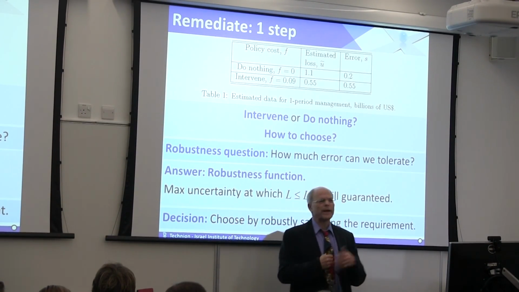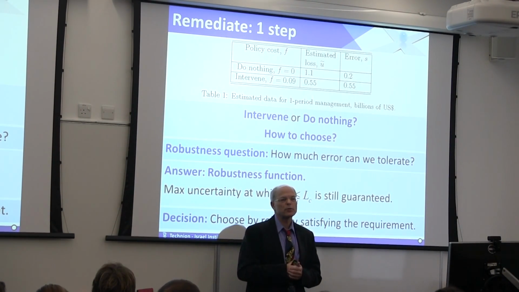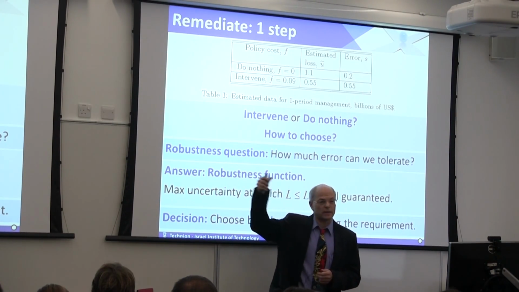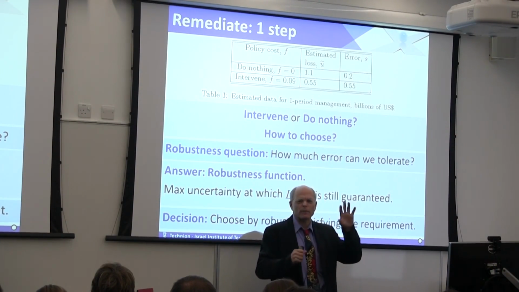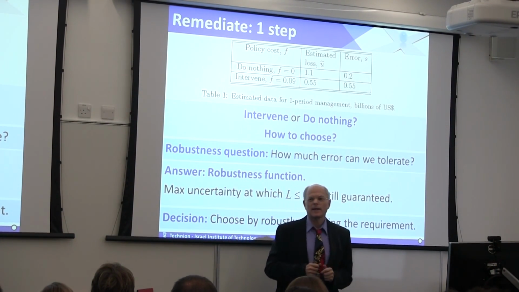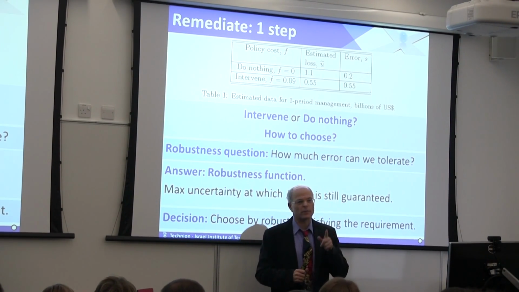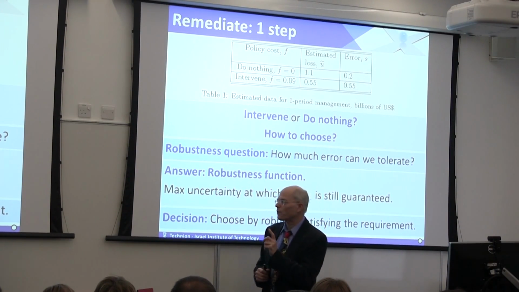There are also a range of theorems called proxy theorems in which one can prove that the more robust option is also more likely to succeed. That is, robustness has some sort of probabilistic flavor to it, even though there's no probability hiding there. But there are other situations in which a more robust solution is not the more likely to succeed. So I just throw this